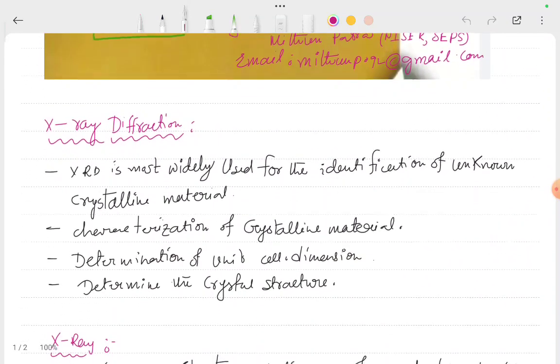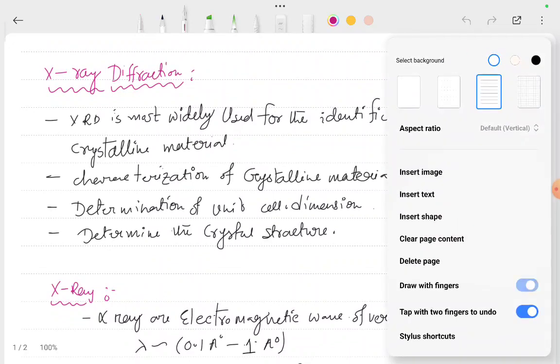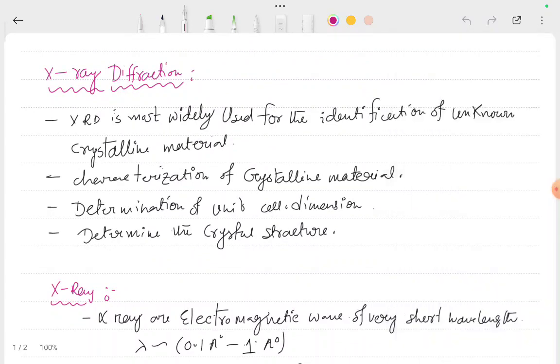First is X-ray diffraction. So, what is the meaning of X-ray diffraction? First of all, we try to know what X-ray diffraction is. X-ray diffraction is mostly used for the identification of unknown crystalline materials. Okay, for identifying unknown crystalline materials. So to find an unknown crystalline material, we use X-ray diffraction, then characterization